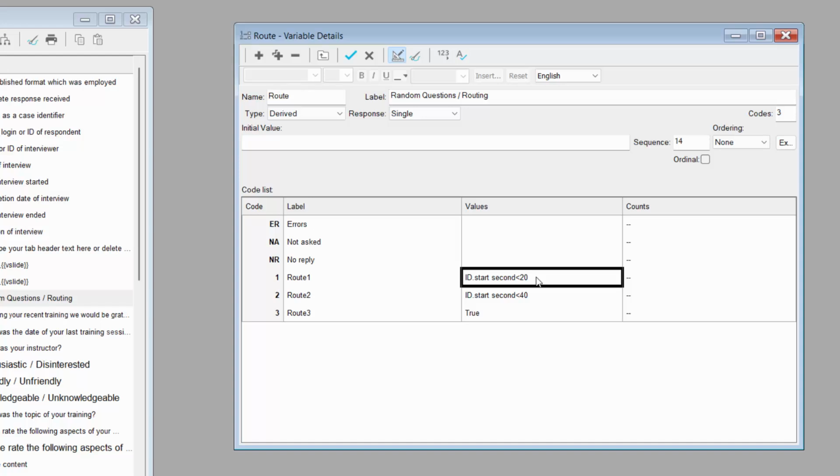into category 3. Strictly speaking, this isn't actually randomising the routes that they're going to go down, it's just based on what time they start the survey, but it should still produce a fairly good spread of routes taken by each of your respondents. And if we go back to the design window,